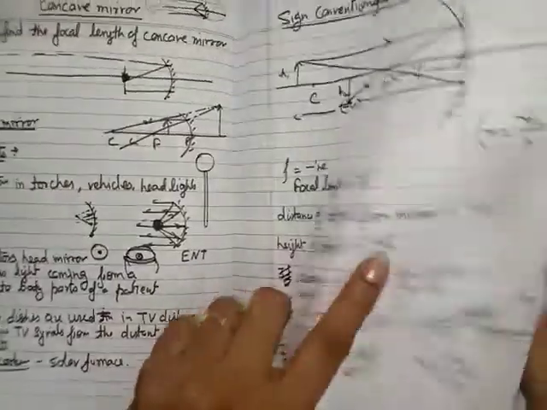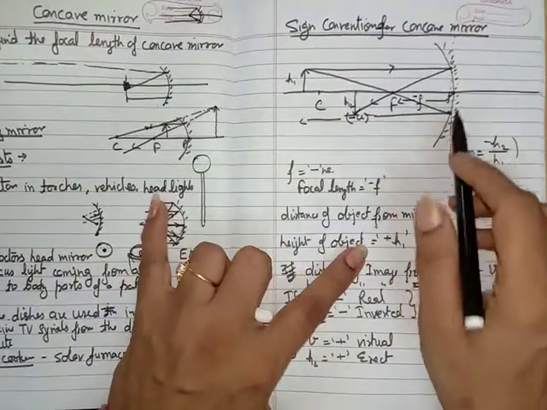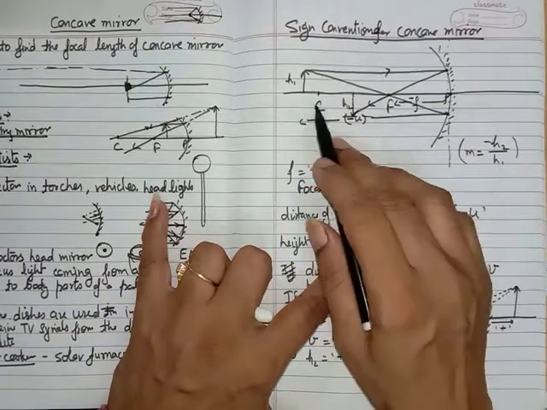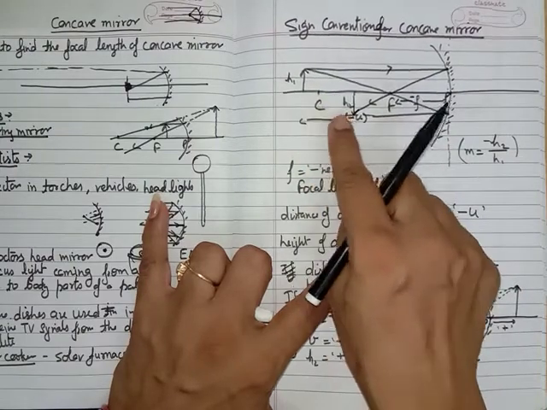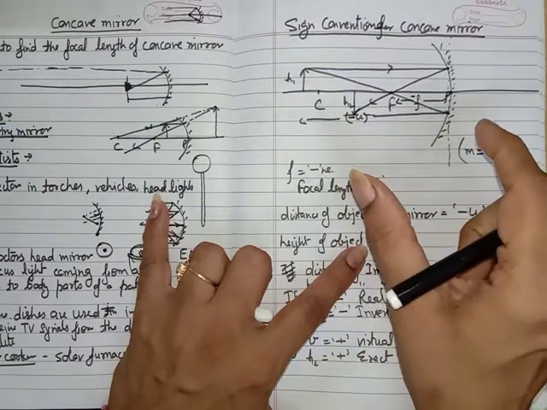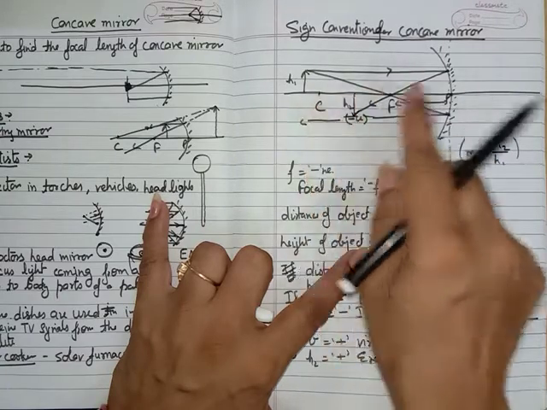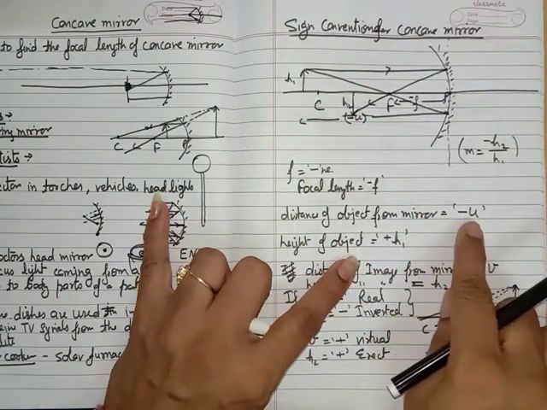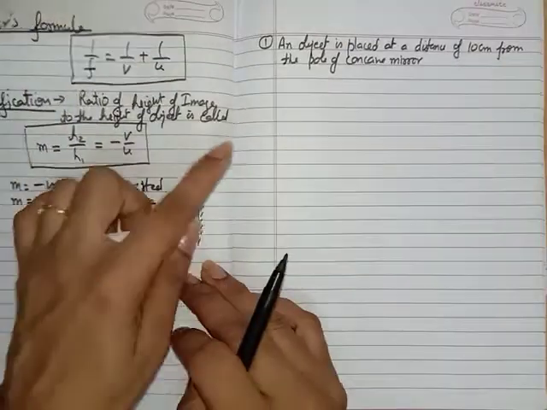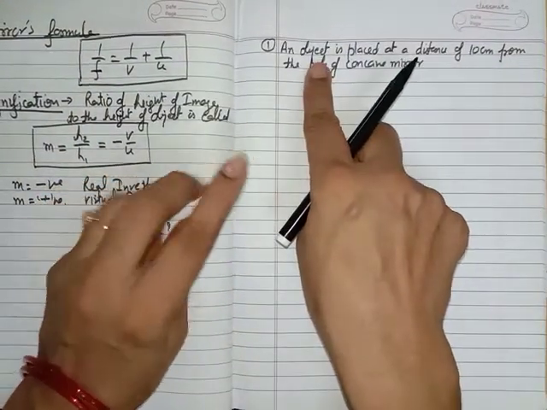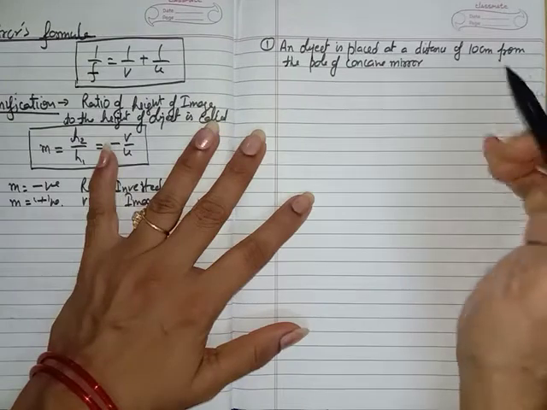We know that the distance of the object from the mirror is called small u. It is represented by the symbol small u. It means we have the value of u, that is equal to minus 10. We know that u is always represented with the minus sign. So we can say the distance of the object from the mirror, that is u, is equal to minus 10 here.